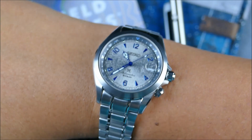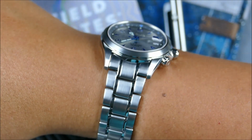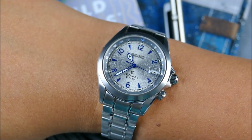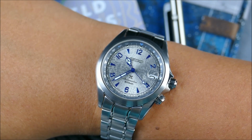This is staying in the collection for quite some time. I really like that, and I like that it's a European exclusive. It just helps mix things up more, and of course adds a little bit of fun and drama in terms